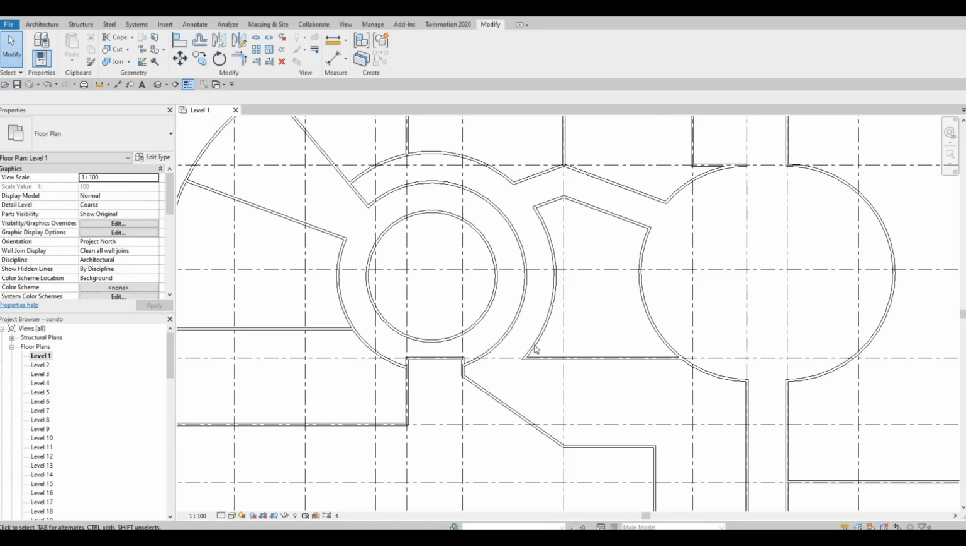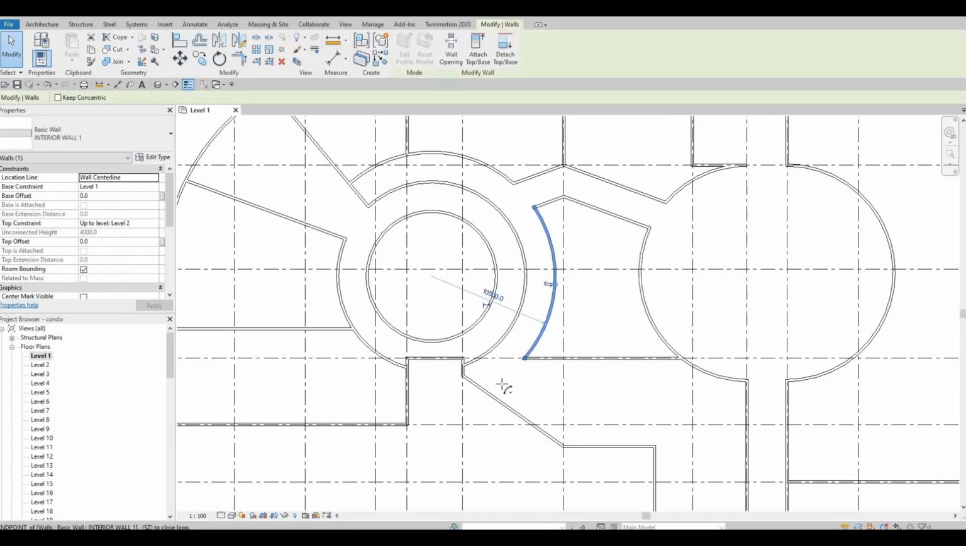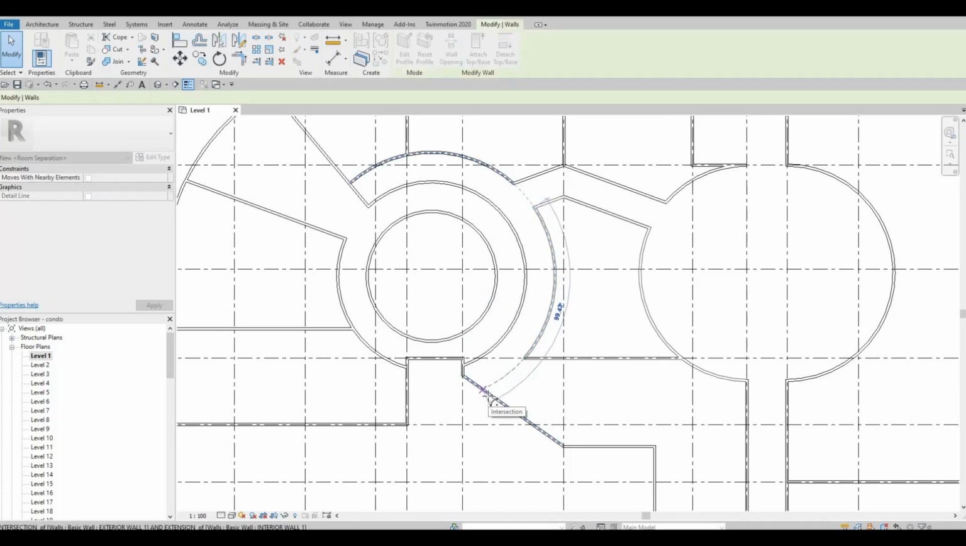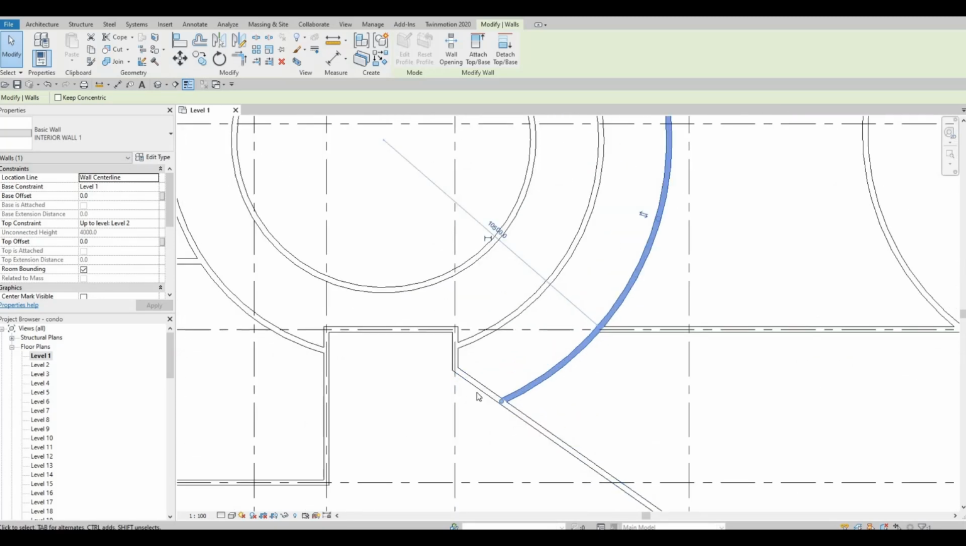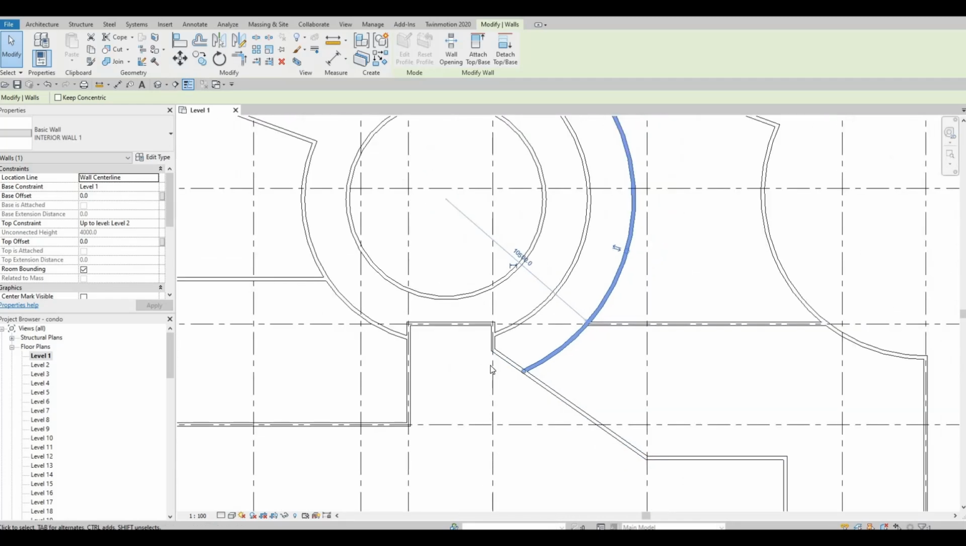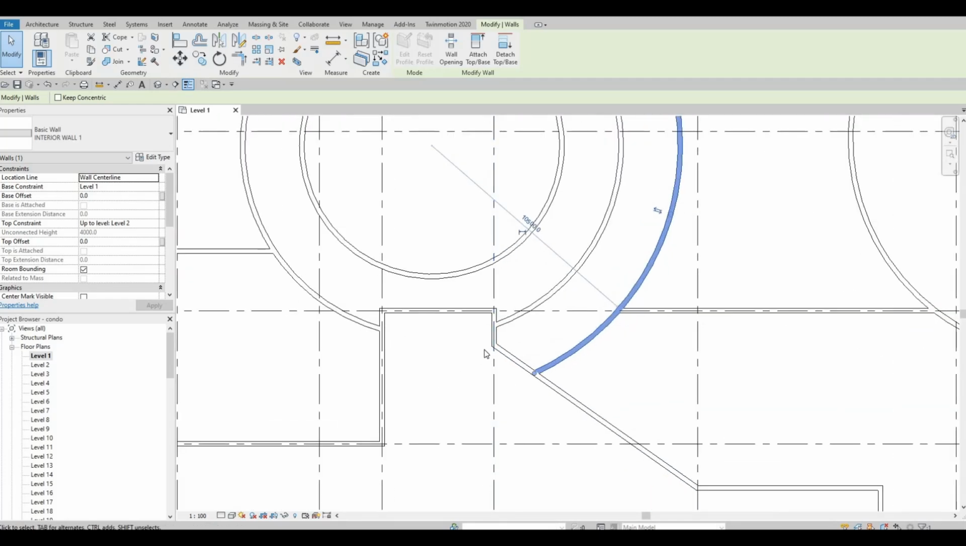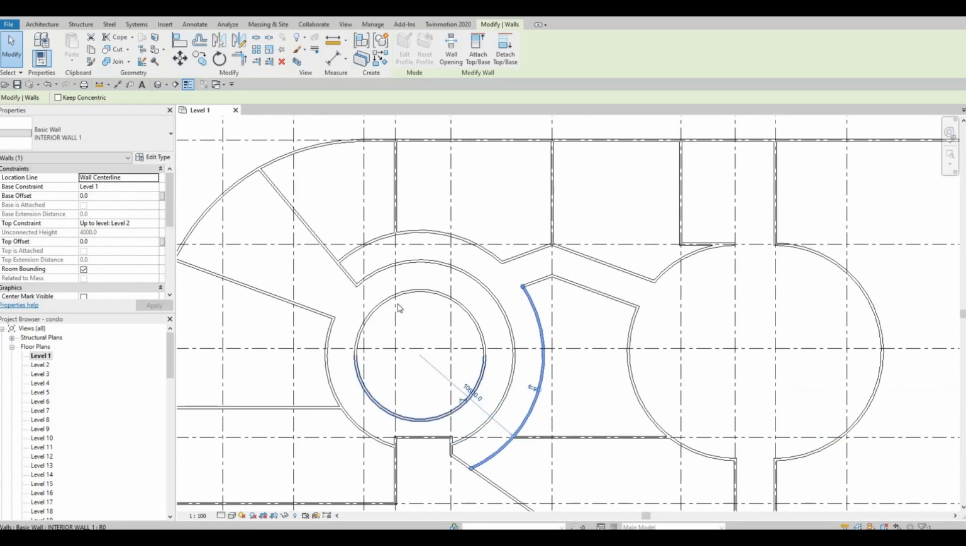First, we're going to extend this wall. So this is the circular wall that we created. We're just gonna extend that so that we will be able to add doors here for the exit door and for them to have access for the garbage area, especially if you have